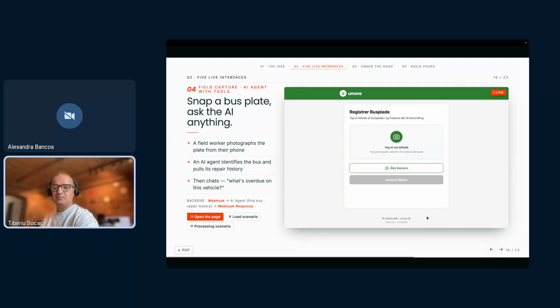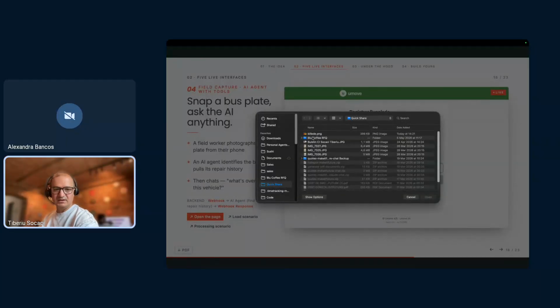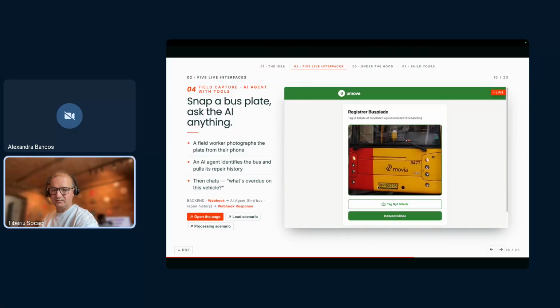And this is another example we've done for a bus transfer company where they wanted an agent for checking the maintenance of their buses. So in this case, they wanted to start with a picture. Somebody goes with the phone and takes a picture of the bus. I have here a picture of a bus with the number. And then based on this,